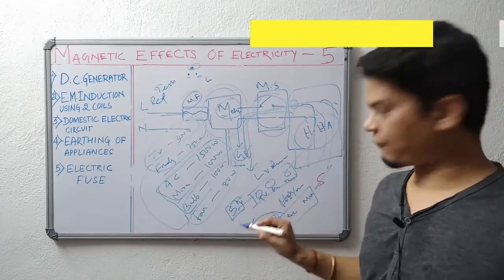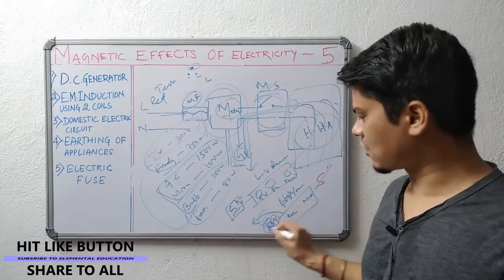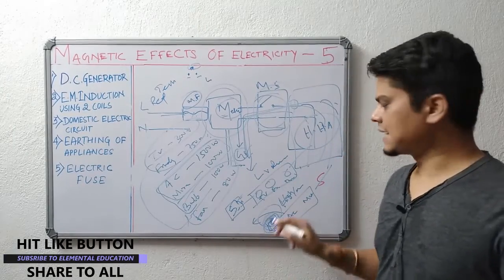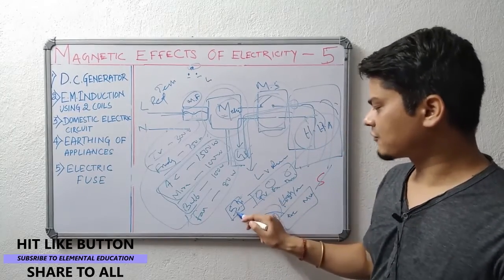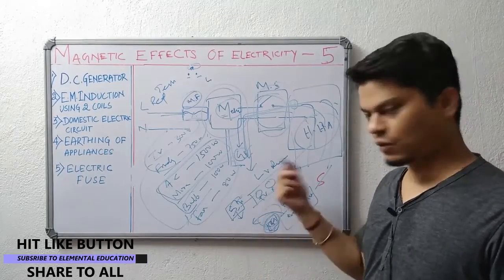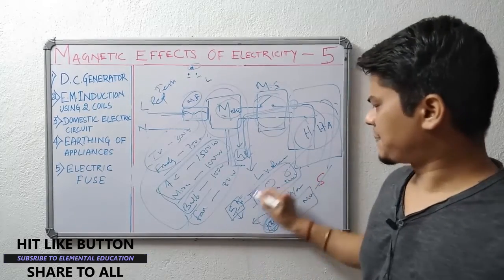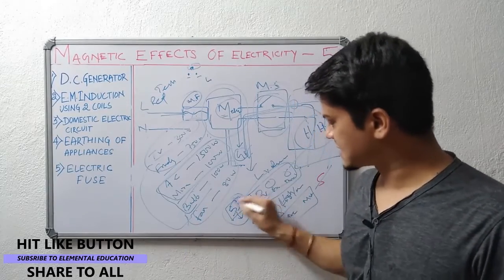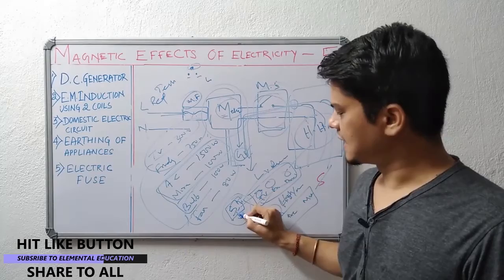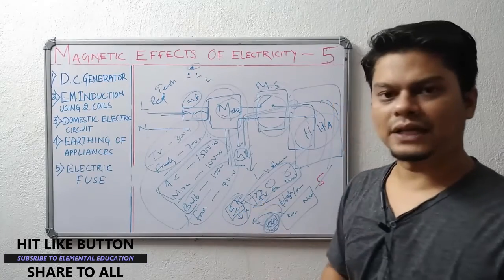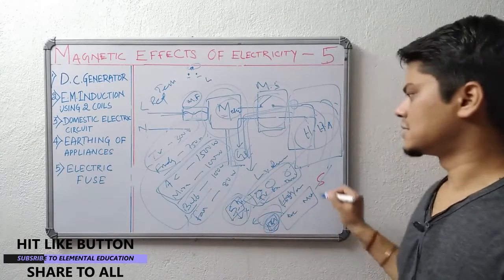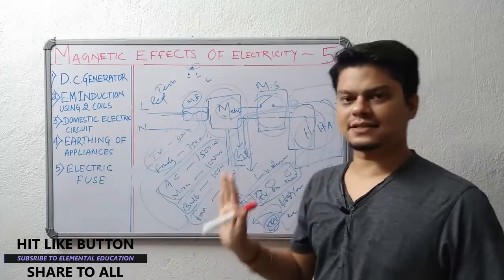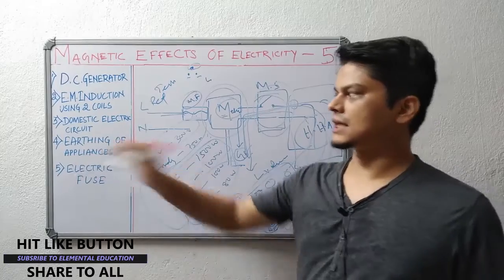If, due to some faulty circuit, the current or the load is higher, then this fuse will melt and it will protect the circuit. Similarly, after 5 ampere, if the load is higher, we know these appliances won't consume more current. So if this exceeds 5 ampere in this circuit, it will break the fuse and protect the circuit. So we have understood how the domestic electric circuit works and how the earthing is done.